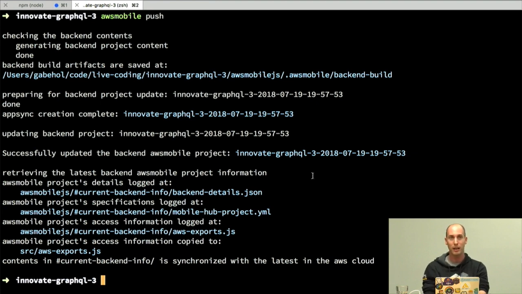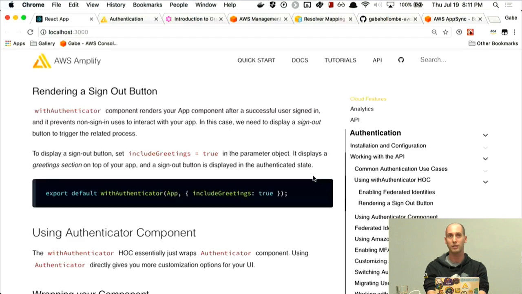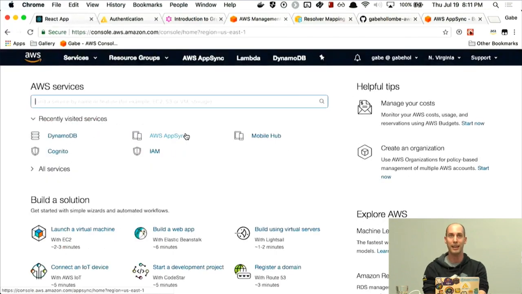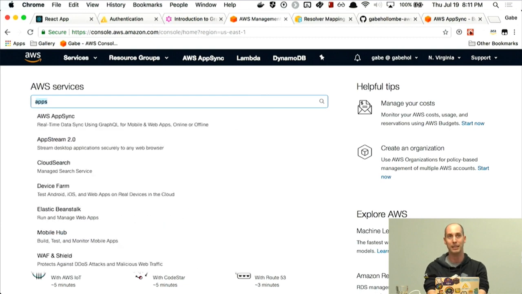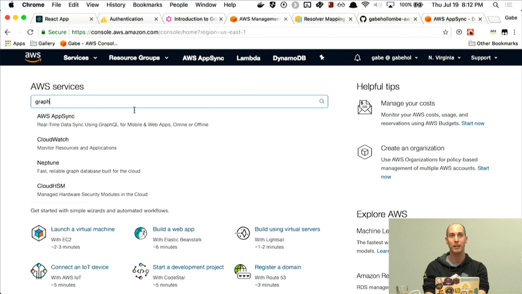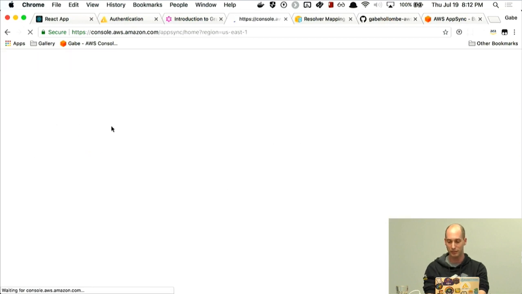Okay, so let's go ahead and see the AppSync API console now. The easiest way to do that is to come to the web console in AWS. Here I am signed into my account already. I can type AppSync, I can type GraphQL, it doesn't really matter, but pick the AWS AppSync service there and it'll